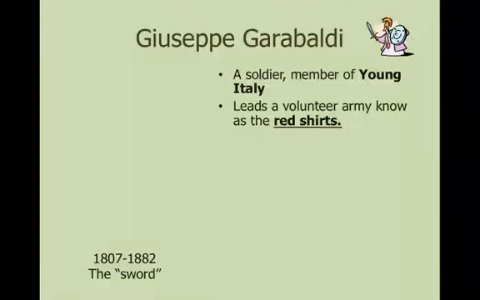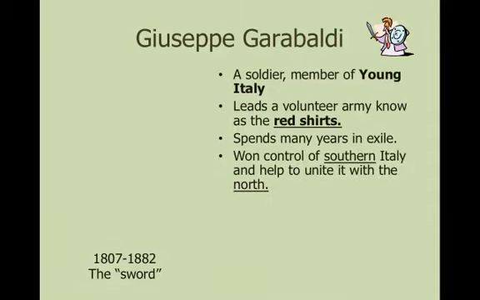And lastly, the sword. So you got the heart, the brain, and now the sword. Who is this person? A soldier who was a member of Young Italy that was founded by Giuseppe Mazzini. This is Giuseppe Garibaldi. So he led a volunteer army known as the Red Shirts. The Red Shirts were like a military nationalist group. So he actually spent many years in exile, but he was able to form this army in exile of red shirts, and he won control of southern Italy